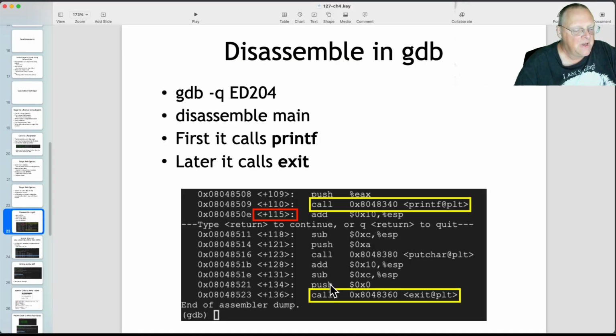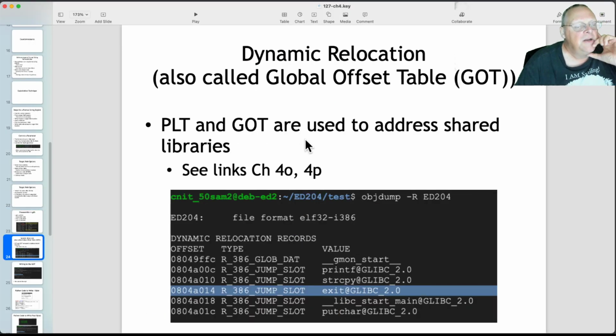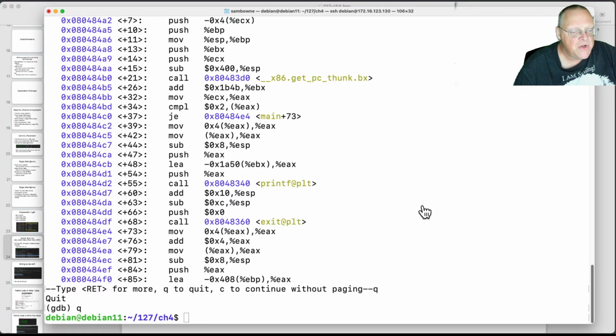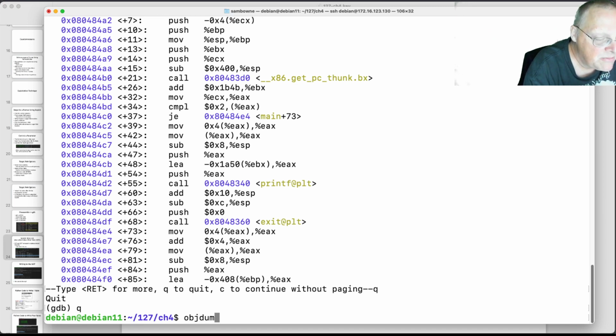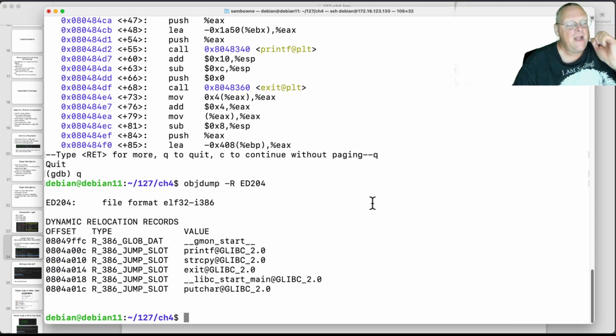All right. So we can find those with objdump -R. We've used objdump before. objdump -d shows you the disassembled code, but objdump -R shows you the relocation records for a program. And here they are.